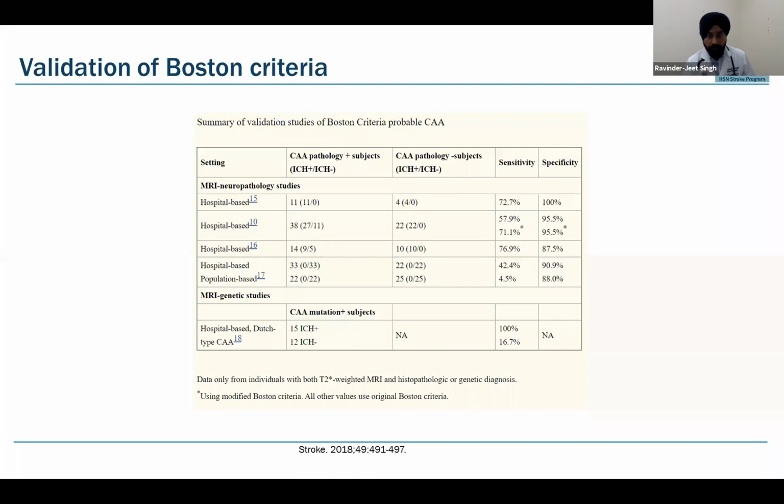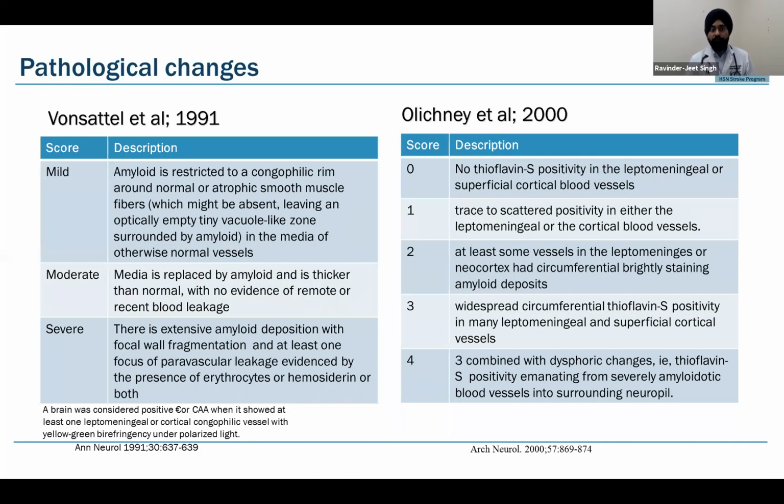This is one way we can, and I'll come back to this. This is one way we look at the pathology. This is based purely on amyloid stain. So we look at the amyloid stain, and based on how many vessels are showing, that is the extent of amyloid deposition, you can say it is mild, moderate, severe. The other is the changes in the vessel itself. That means there is the amyloid protein deposition, plus there are vascular changes, which you can see in the form of dystrophic changes, or damage to the smooth muscle cells, or there could be a splitting of the medial layer